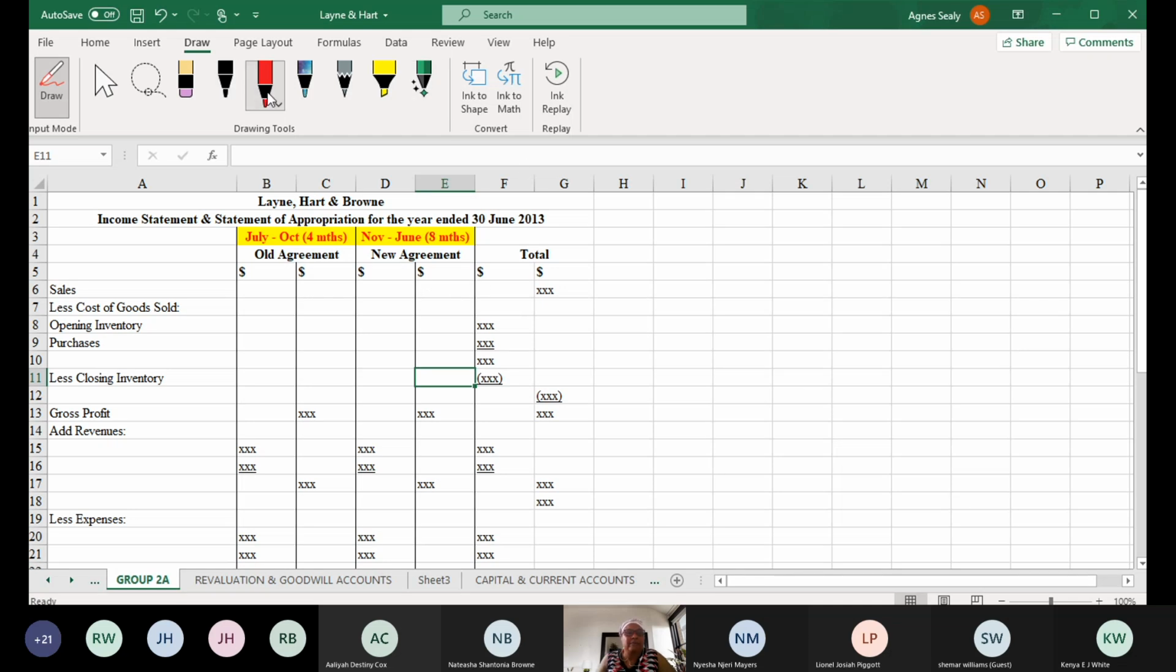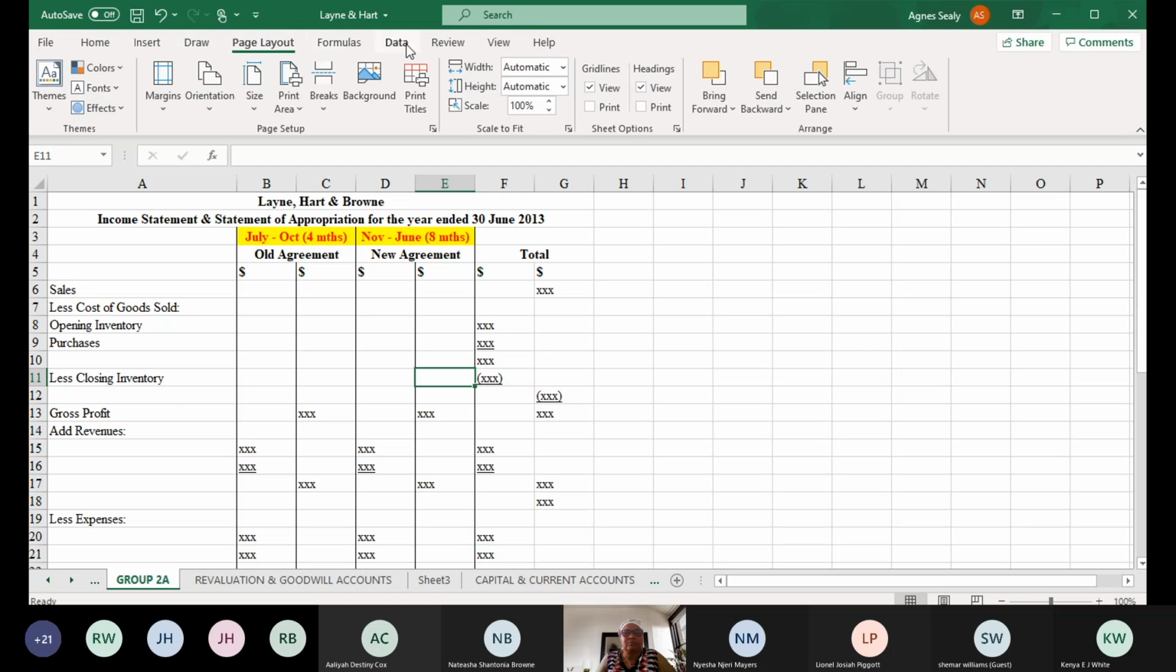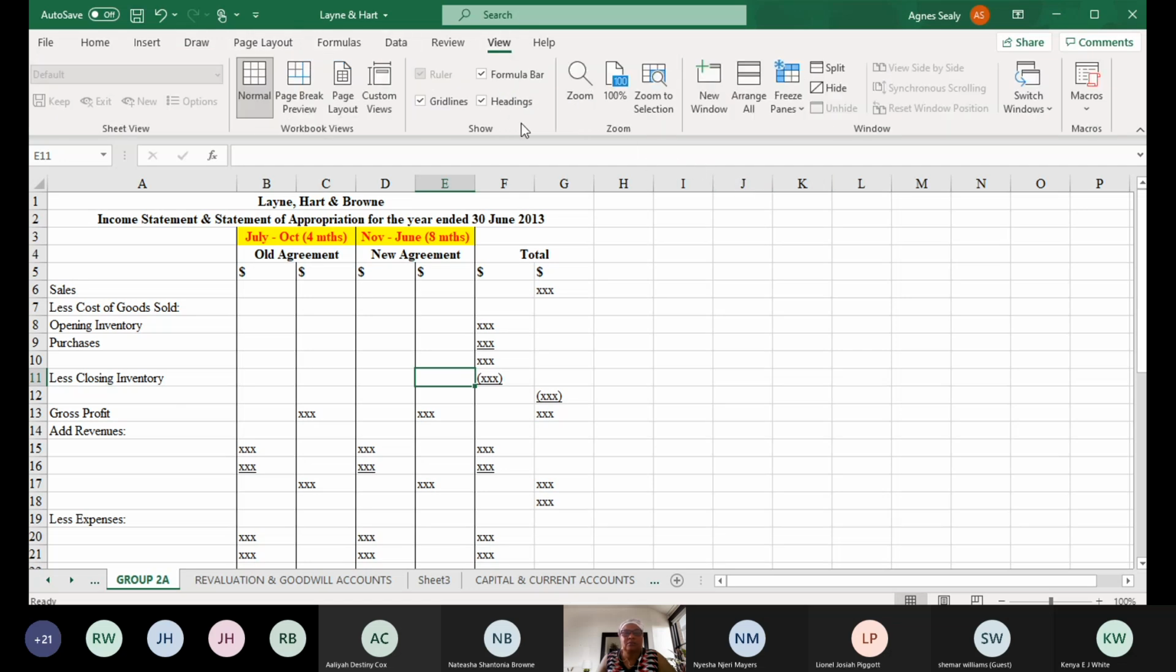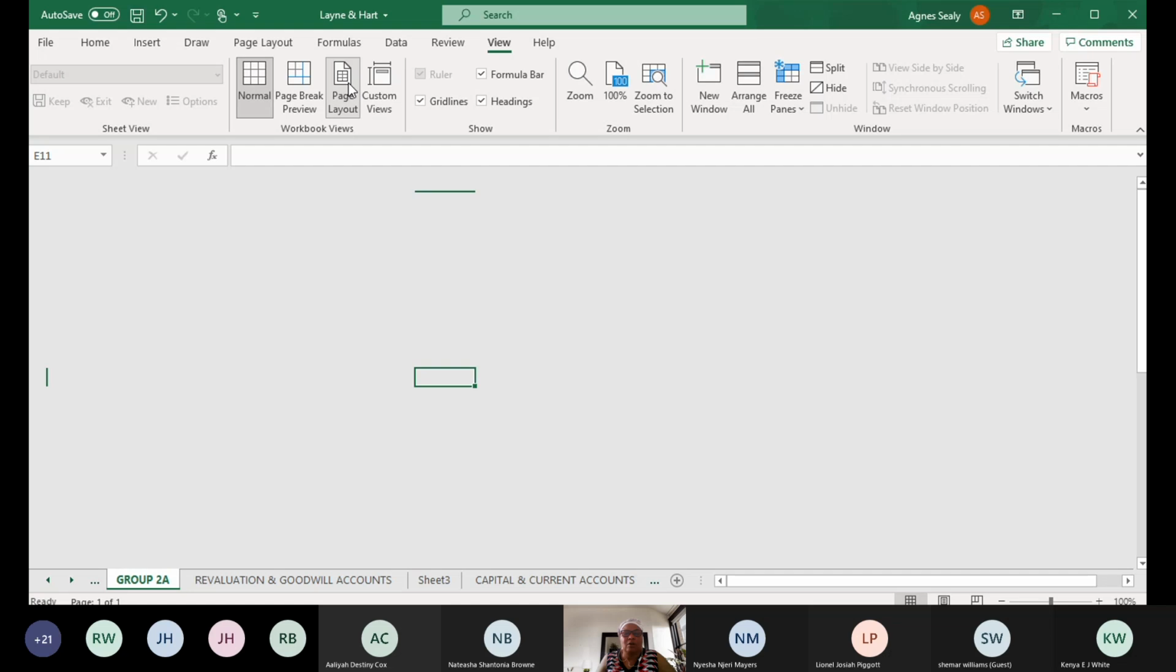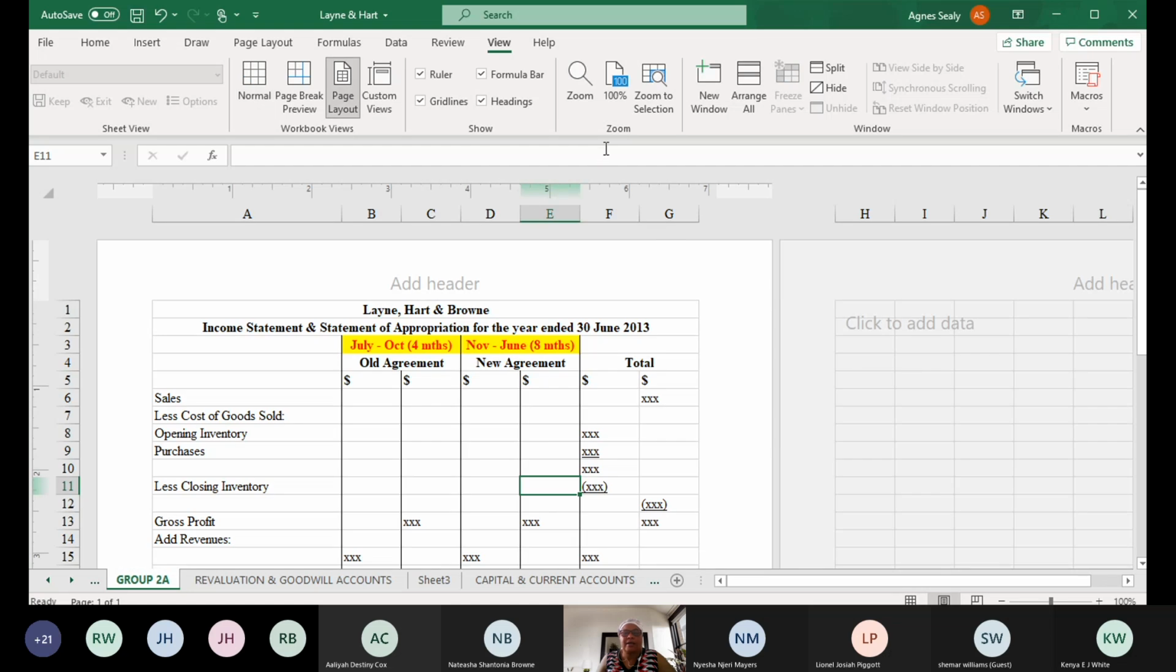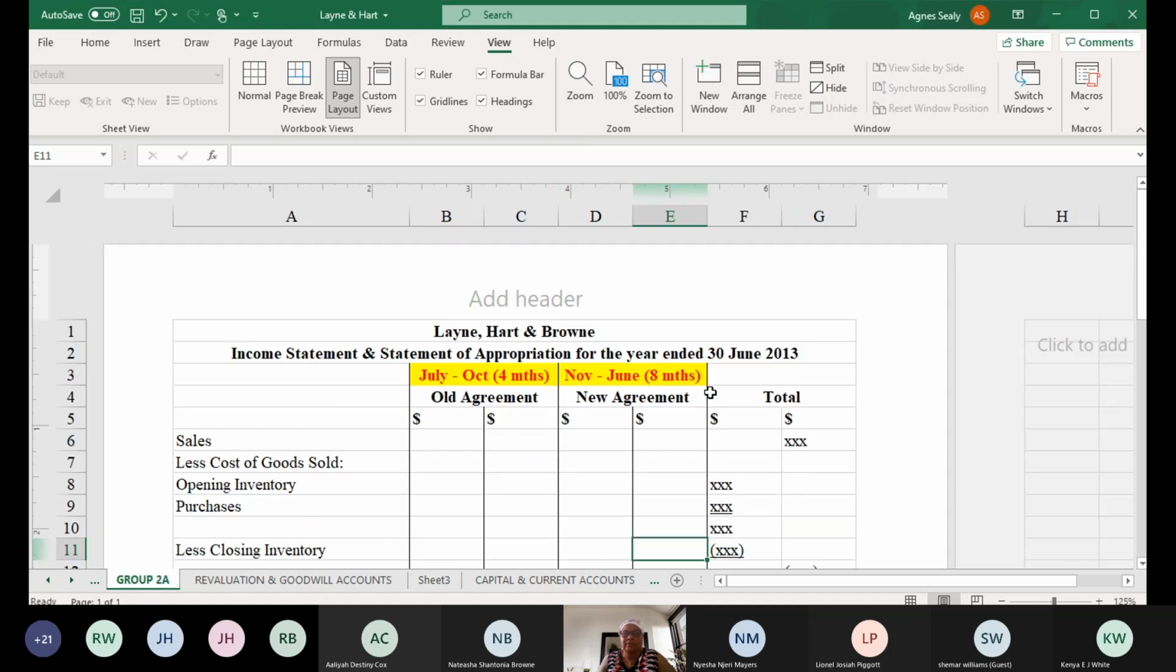All right, so let me go to view, and I'm going to make this look on one page and a little bigger so that y'all can see it clearly. So here it's Layne, Hart, and Brown. Why? Because Brown is coming into the partnership on November 1st, so I want to include Brown in my heading. And we have income statement, statement of appropriation for the year ended the 30th of June